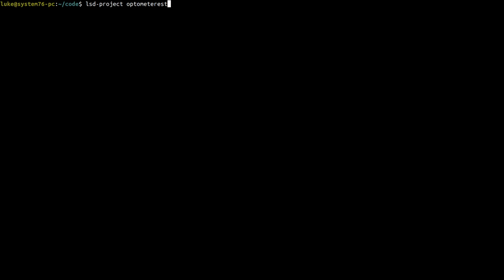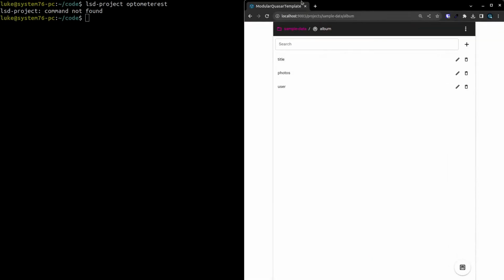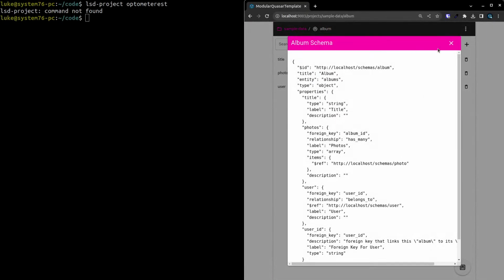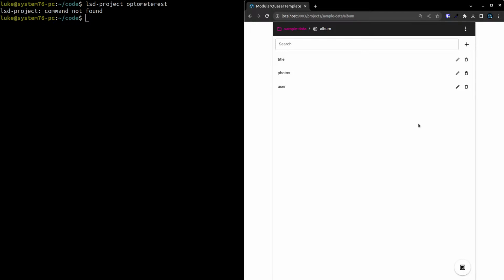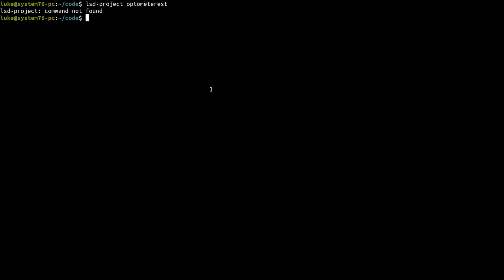Optometrist. I don't know how to spell this. Optometrist, doesn't matter. So then you enter the name of your project, and then you could say like pull, for example, or maybe even that's all you type in. And then when you type that in, it pulls in all of your schemas. Okay, so all of these schemas, you got album schema, your user schema, blah, blah, blah, all of that gets pulled in. And then you would just say pnpm generate to run the generate command that you would get with